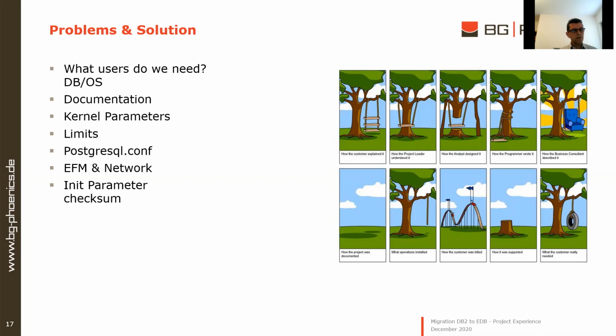Kernel parameters and limits are really essential. So do a good testing of your application and find out which tuning you need. As I said, the default is not good enough and will definitely not be a fast database. Check your groups of sizes that you need, the t-shirt sizes of the databases, and be careful with the limits. The postmaster process owns all the other processes. So check your Unix limits for your database user, the open files and the ulimits especially.